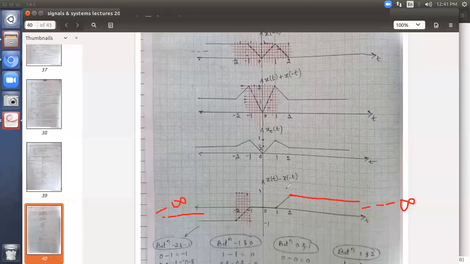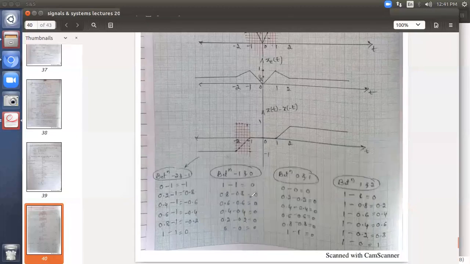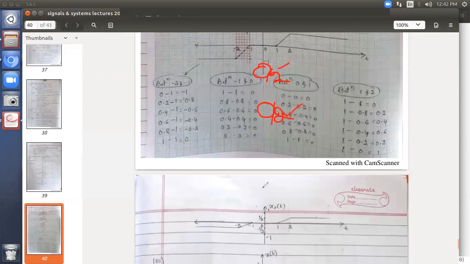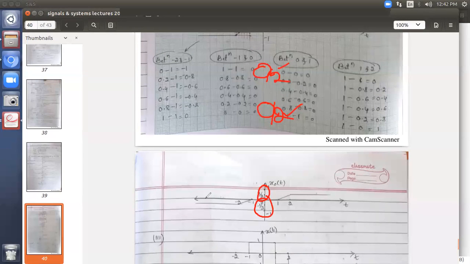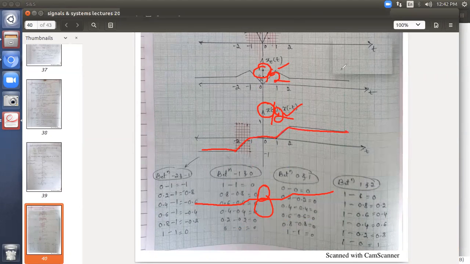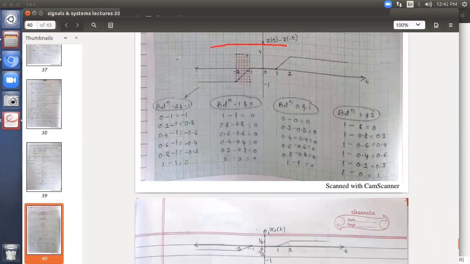So this is how we go for subtraction. This is not the end. Still we need to go for odd part. For finding the odd part, you should change the amplitudes. Here the amplitude range is 1 and minus 1. You should divide the amplitude by half. Say divide it by 2, you will get maximum amplitude plus half and minus half. Plus half and minus half. The signal shape is the same. You observe the signal shape is same. Both signals look the same. Let me just show you here. Okay, observe this